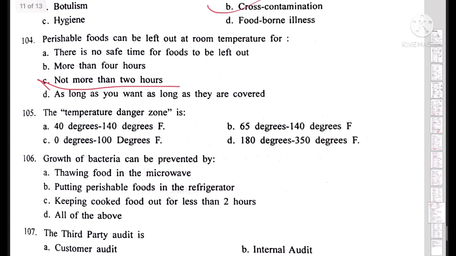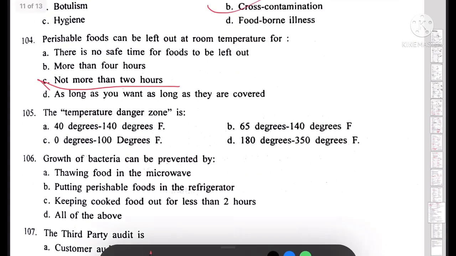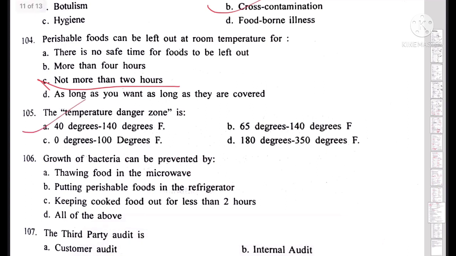Next, the temperature danger zone is. So the options are 40 degrees to 140 degrees Fahrenheit. Option B, 65 to 140 degrees Fahrenheit. Option C, 0 degrees to 100 degrees Fahrenheit. And option D, 180 degrees to 350 degrees Fahrenheit. So the temperature danger zone is 40 degrees to 140 degrees Fahrenheit. Okay, option A is correct. Next,